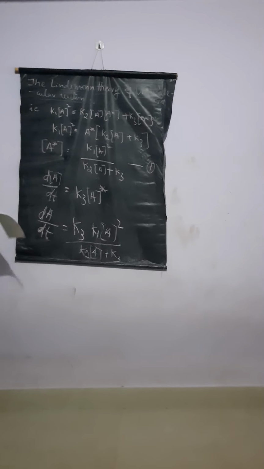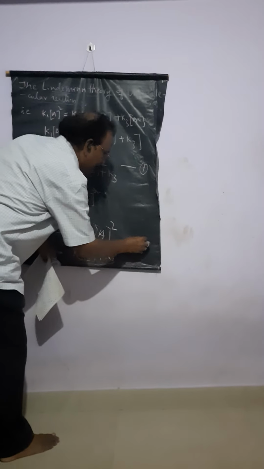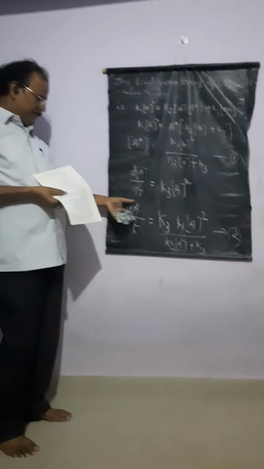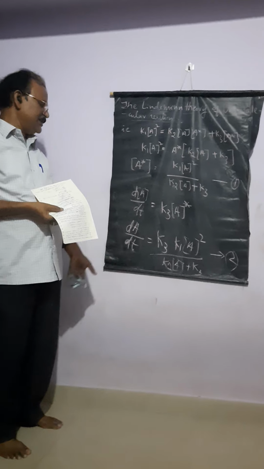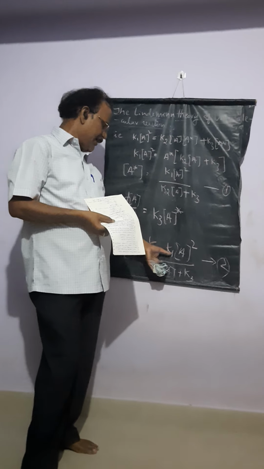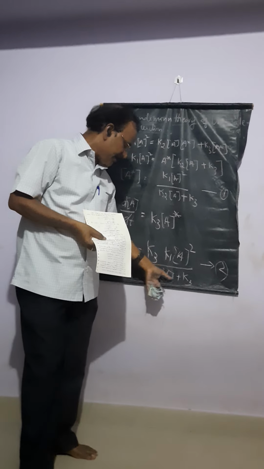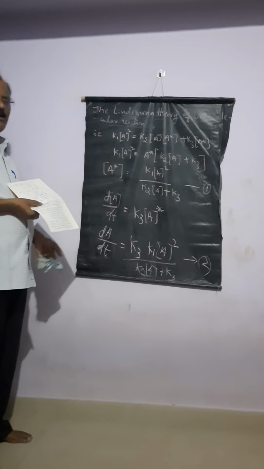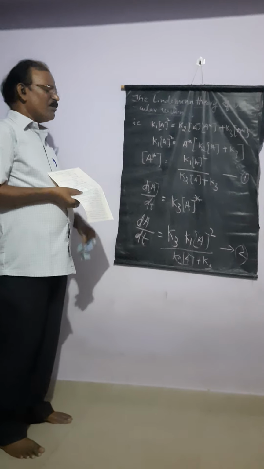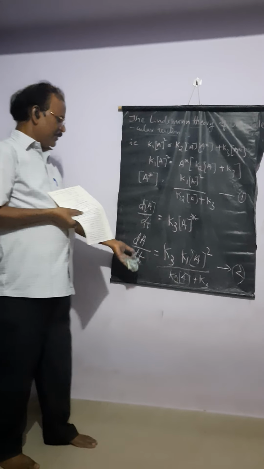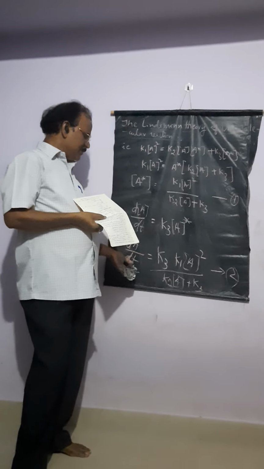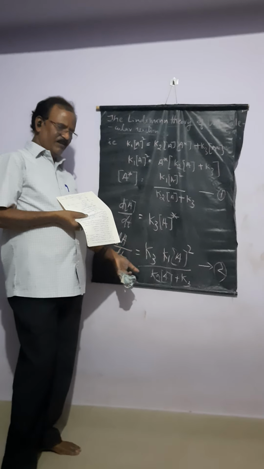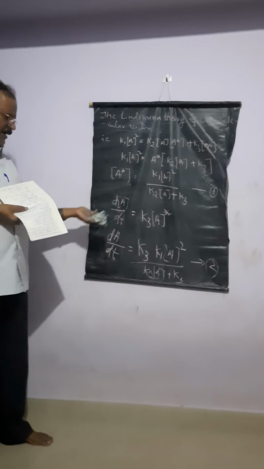This is the expression; say this as equation number 2. By seeing this expression, dA/dt is equal to K3 K1 A square divided by K2 A plus K3, it is not possible to say what is the order of this reaction, whether it is first order or second order. So, the order of the reaction is by definition